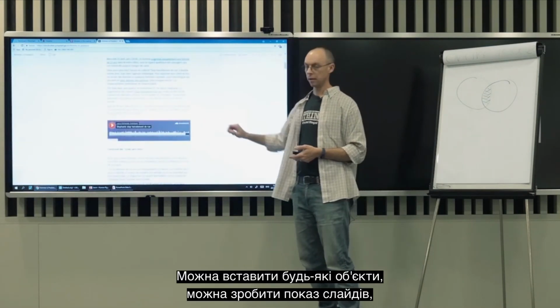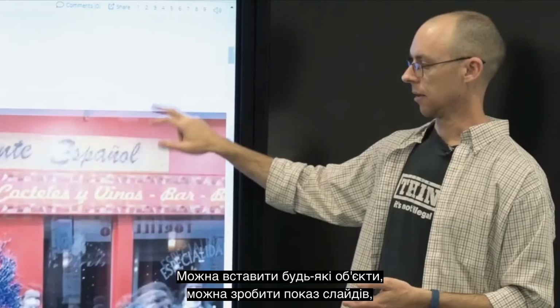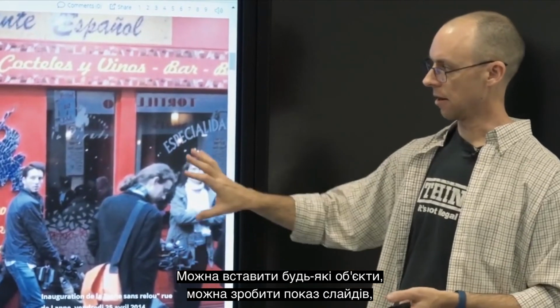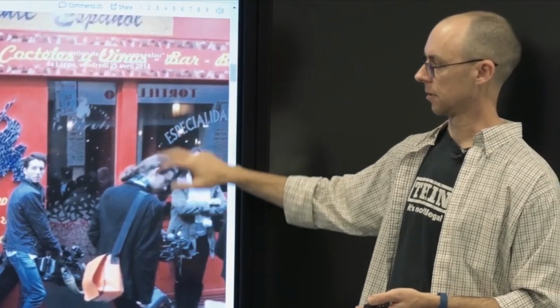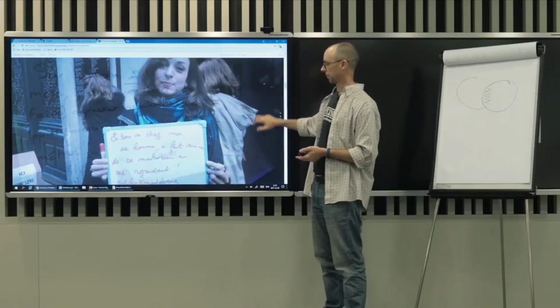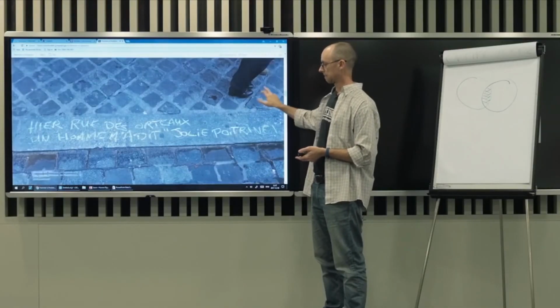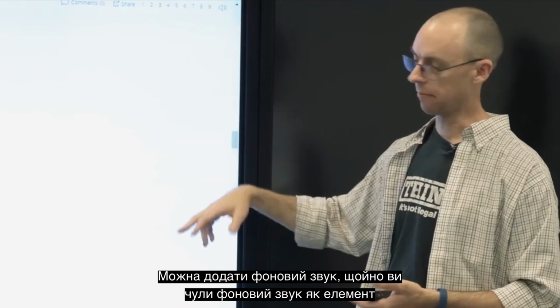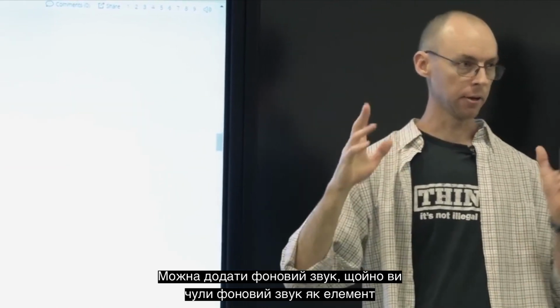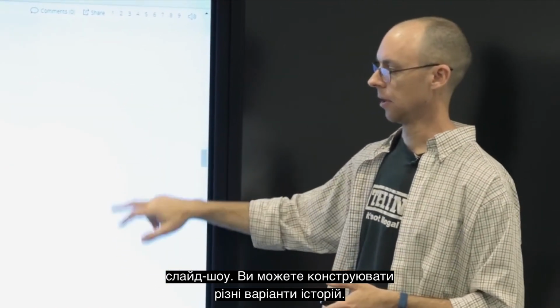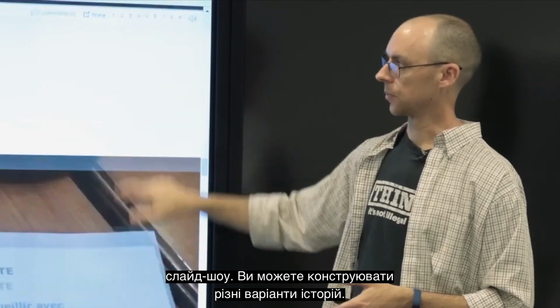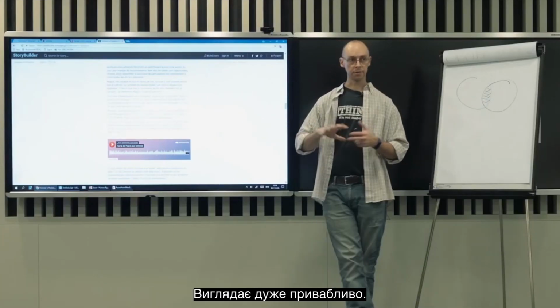So like you can embed objects in here. So you can have slideshows. You can have background sound. So that was just background sound as part of the slideshows. So you can build these kind of things.